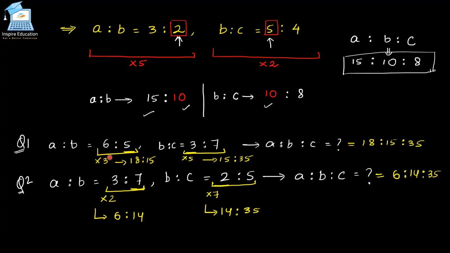You guys know that whenever we balance a particular part of the ratio, the whole ratio gets balanced. It is simply impossible to change a particular part of the ratio. Either you don't change the ratio, or if you want to change, you have to change the whole ratio. Okay, now it's time to change B. So here we have 5 and here we have 3.